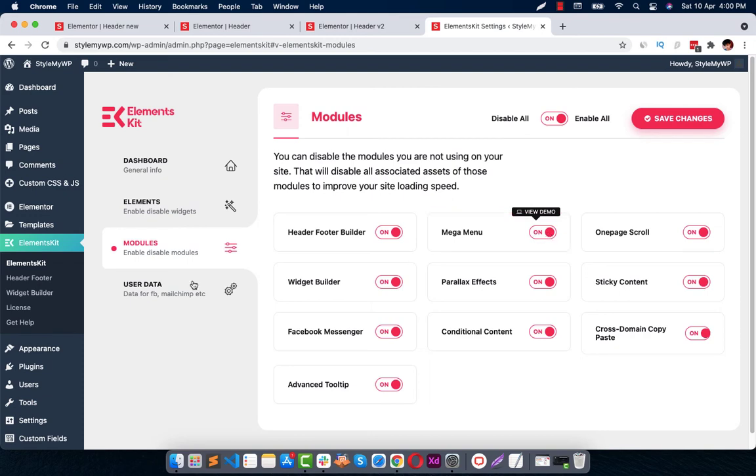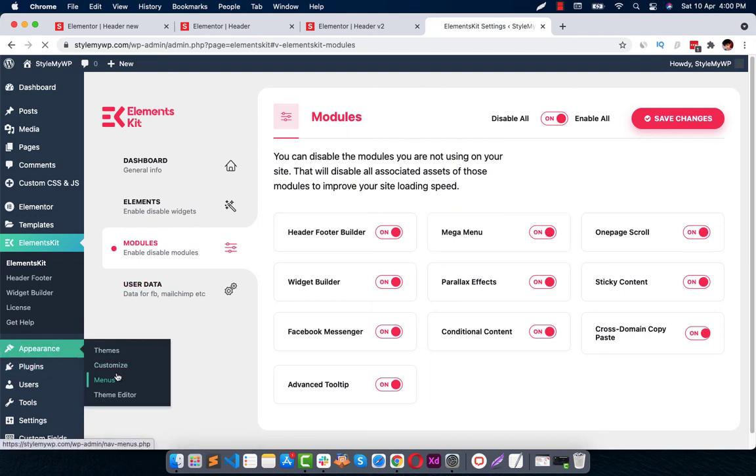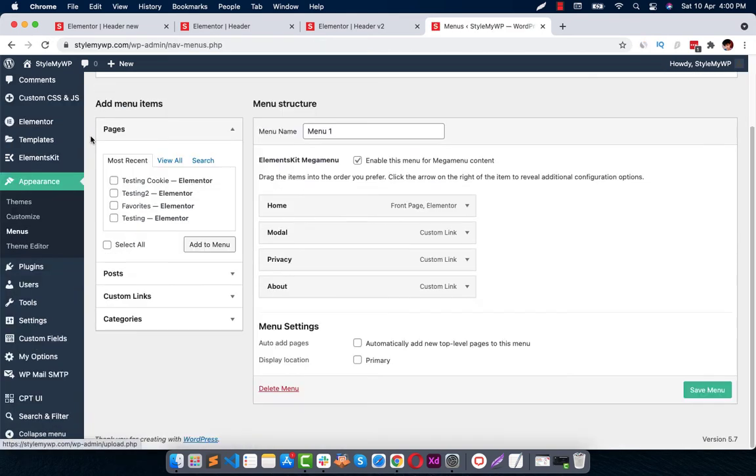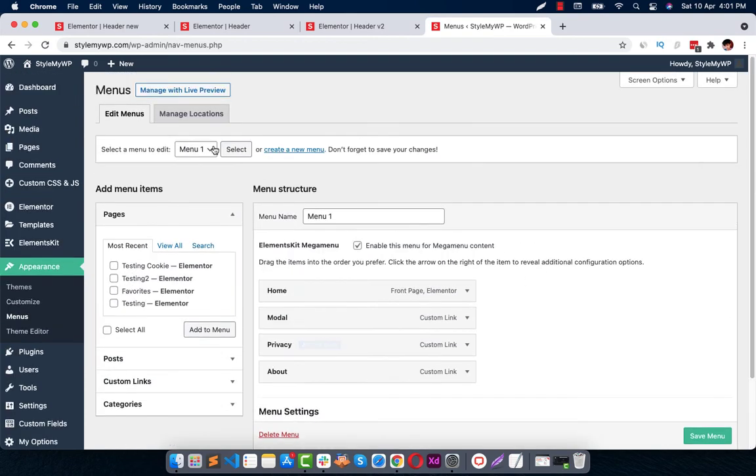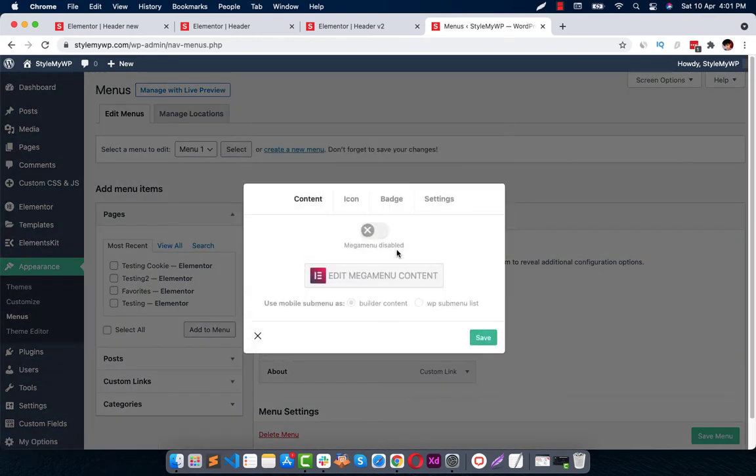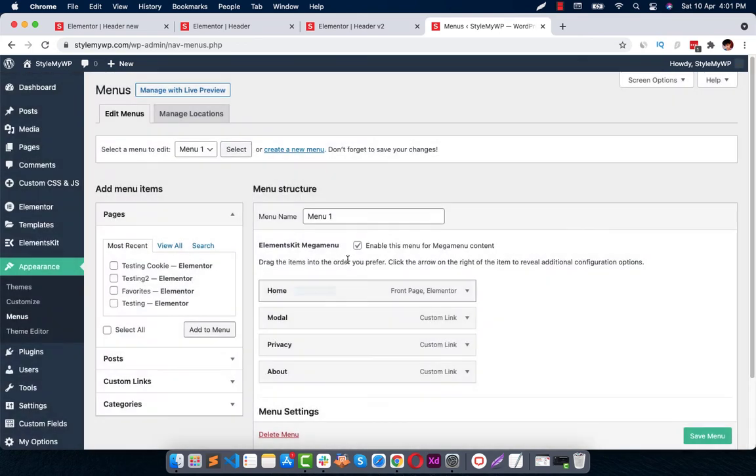When it is activated, you just need to go to your menus and click on this, enable menu for mega menu content. So you can enable this menu for mega menu, and when you disable it, you will not notice any icon on hover. When you enable it, you will notice a mega menu icon on hover. So when you click it, it will let you add a mega menu.